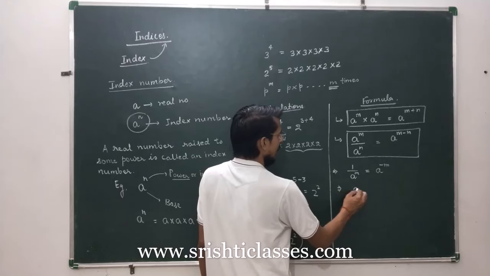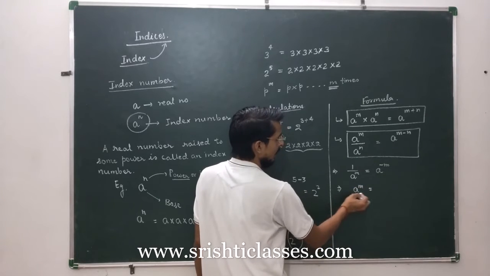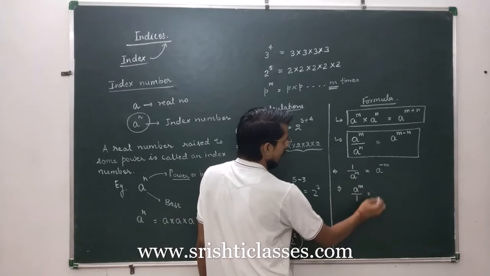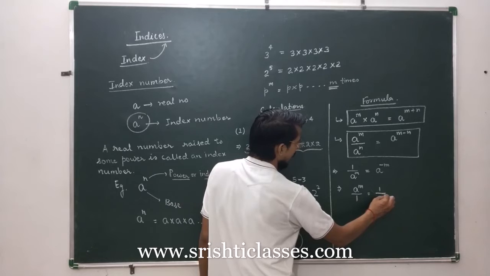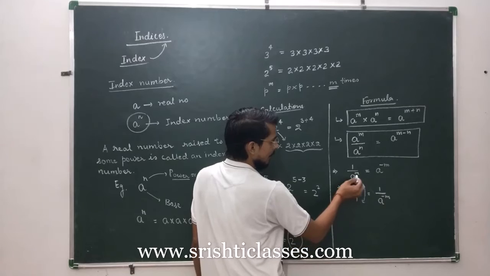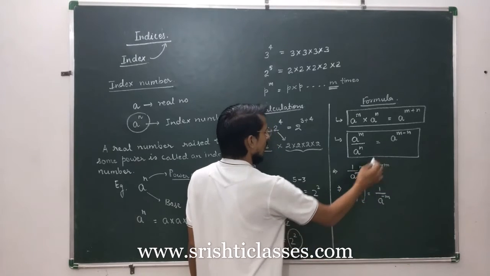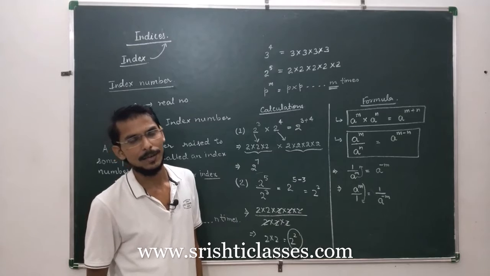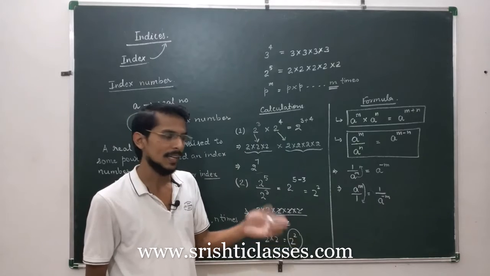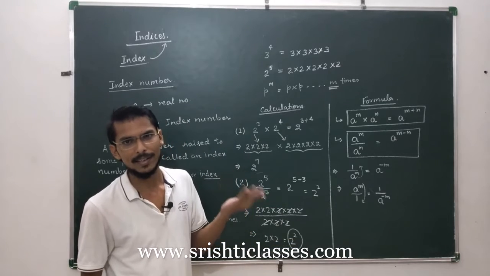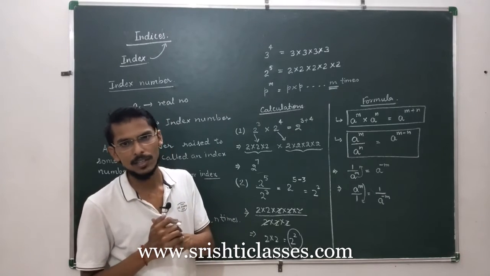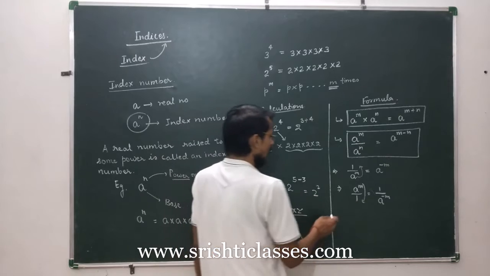Similarly, you can write a raised to the power m is equal to, this is in numerator, you can write it like this, a raised to the power m by 1. So you can also write it like this, 1 upon a raised to the power minus m. If this moves downward, the sign of power will change, and if it moves upward, then also the sign of power will change. It means if you move an index number from denominator to numerator, the sign of power will change. In the same way, if you move an index number from numerator to denominator, in that case also the sign of power will change. So this is very simple.